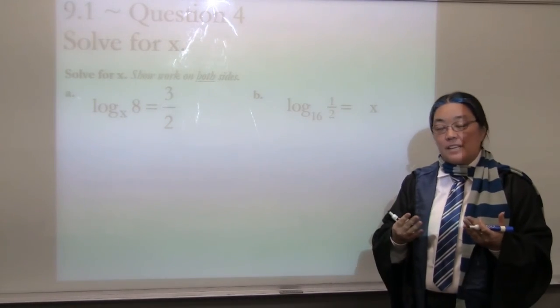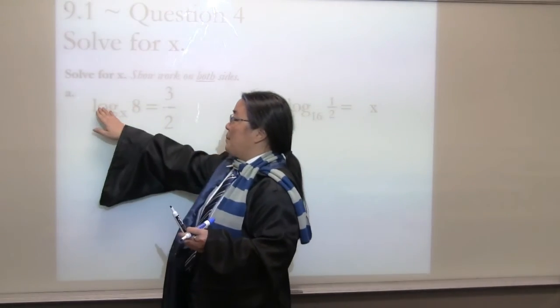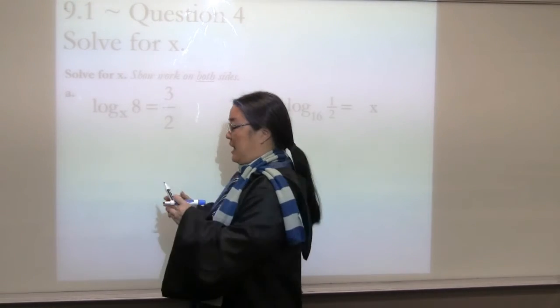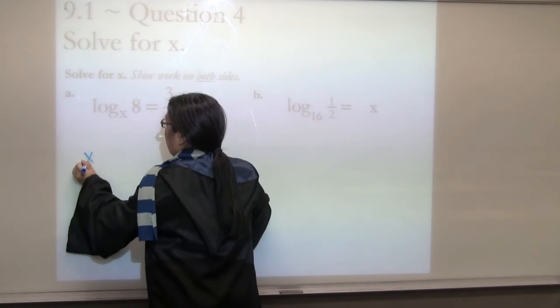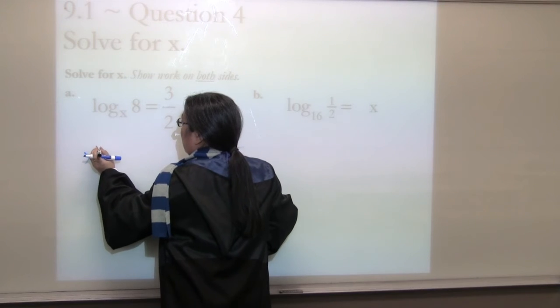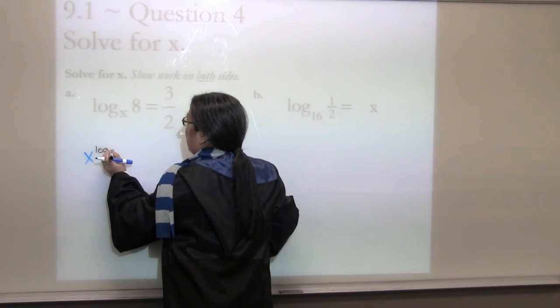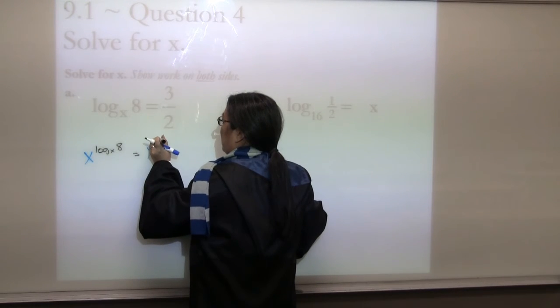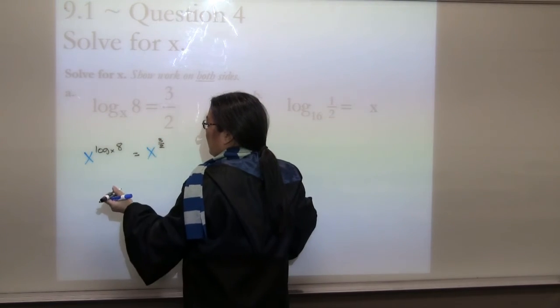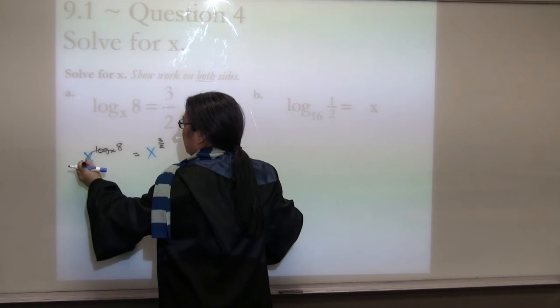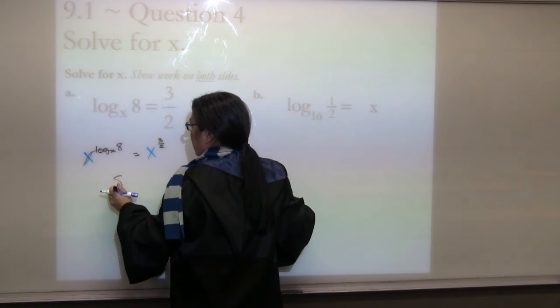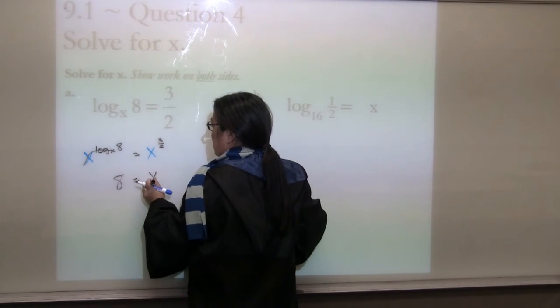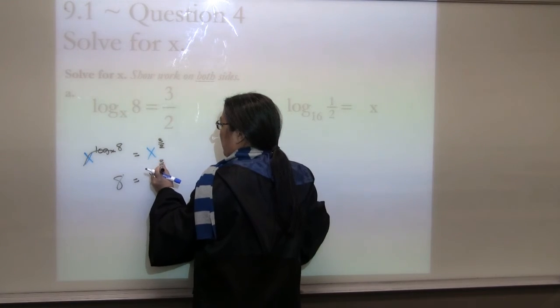All right, to finish off, Chapter 9, Day 1, Question 4, we're going to be putting all of these skills together. So what is the opposite of log base x? It is x raised to the log base x 8 equals x raised to the 3/2. This cancels,